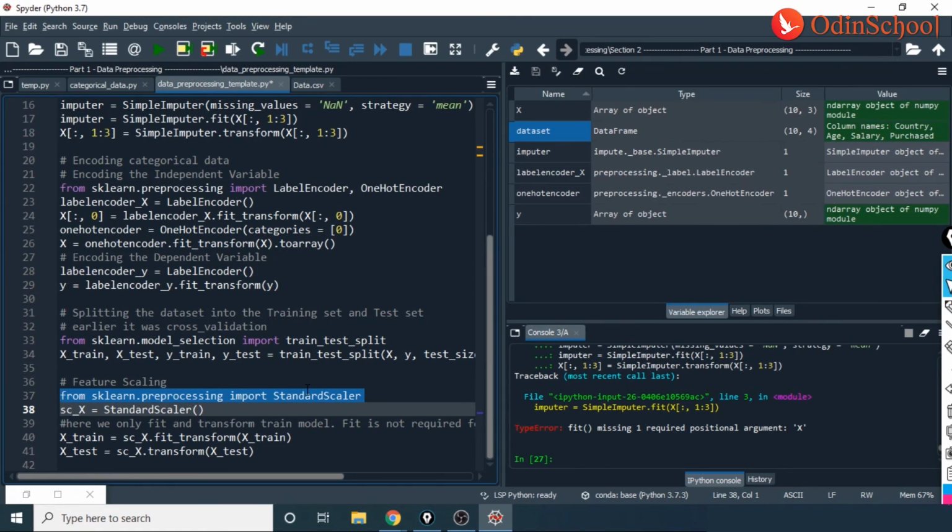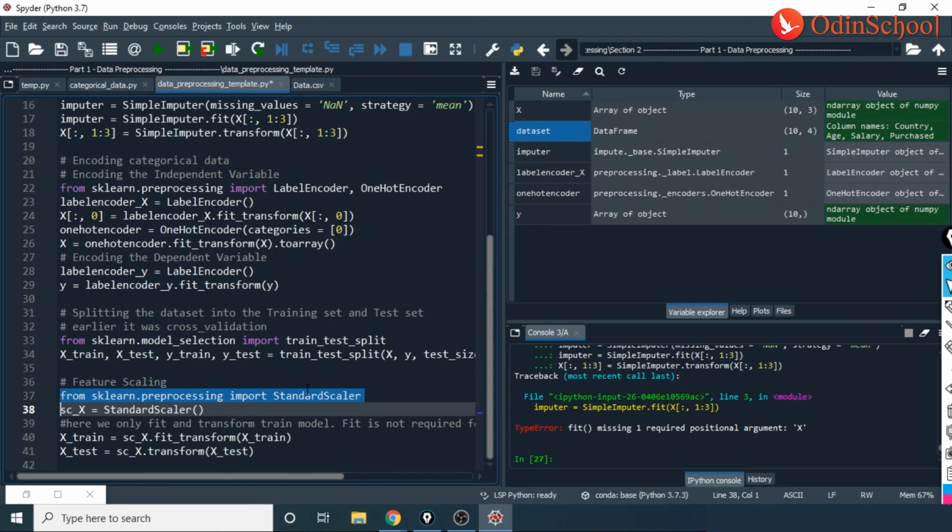Then the third one we have seen is feature scaling. Feature scaling is a concept, and in feature scaling, we would ensure that the range of numbers within your data set is reduced. And why is it? It is to ensure that you have a smooth sail. And what smooth sail are we talking about, guys?